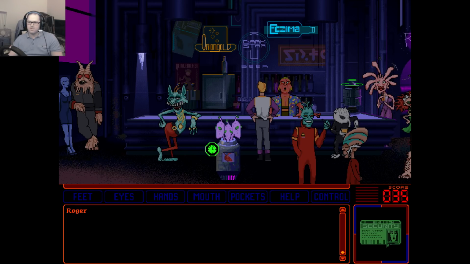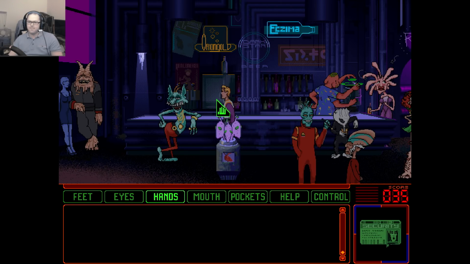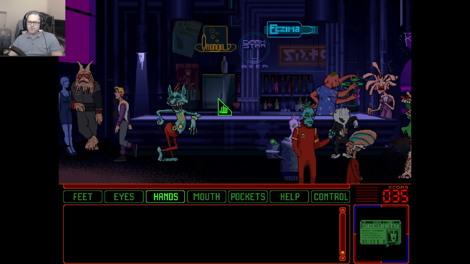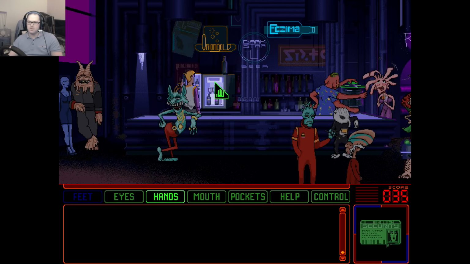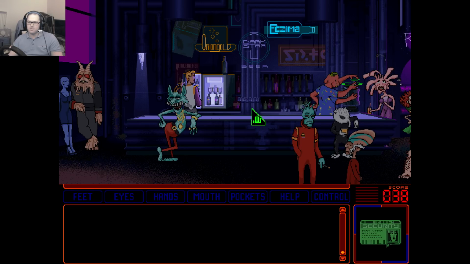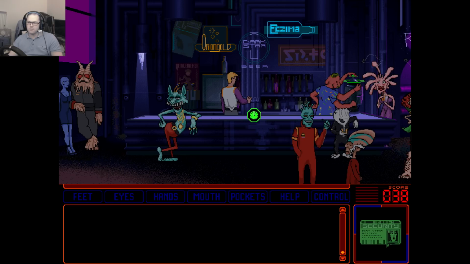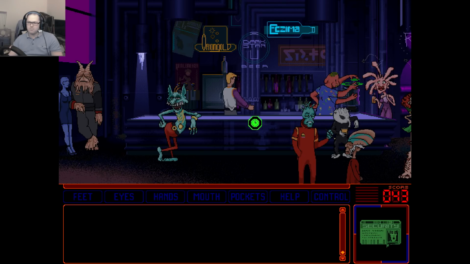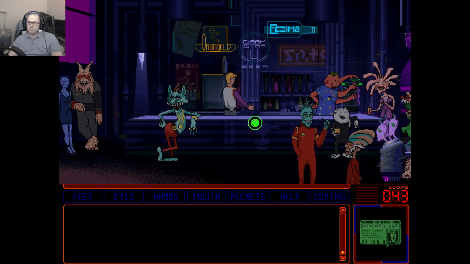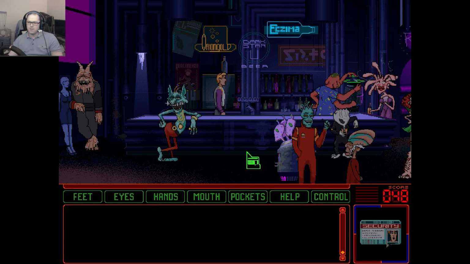Okay, coming right up. Right, so he's gonna go and make my drink. Meanwhile, I am gonna open his fridge. Gonna grab his ice tray. This one doesn't spew anything. Right, then what we'll do